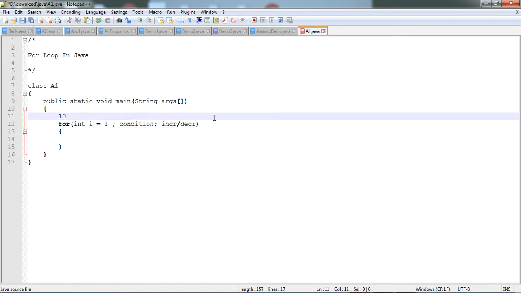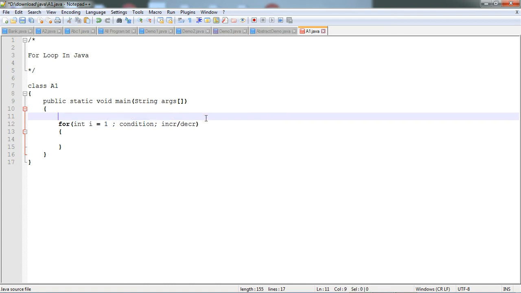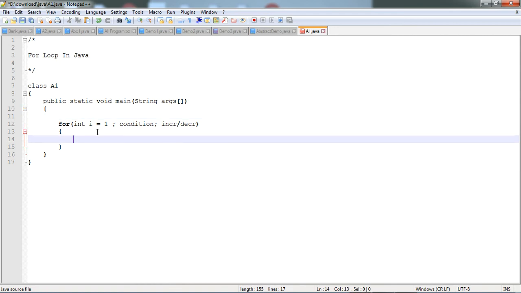If you want to store 10.2 or 20.2, then you must use the float data type and double data type, which are used to store fractional values. Understand? So now I use only the integer data type because I have whole numbers like 1 to 10. I want to print my name 5 times. Okay, so our first part, initialization, goes here.